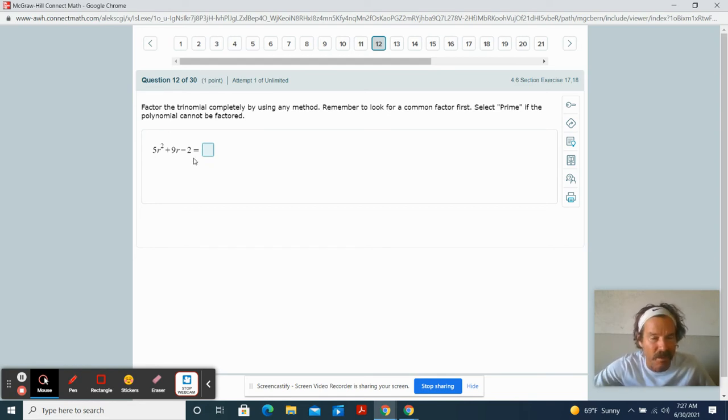Because I'm going to show you a method here that involves factoring by grouping, and then I'm going to show you a guess and check method. So I'm going to show you 2 methods to solve this. So this is factoring by grouping. Remember to look for a common factor first. There is no common factor. Okay. So what we do here is we